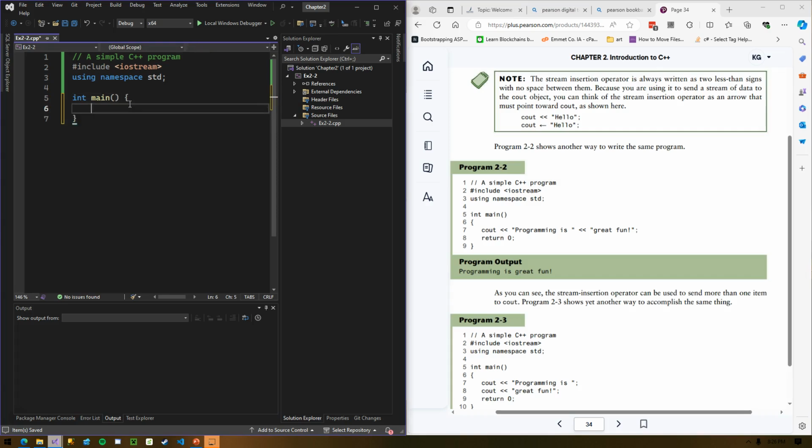A couple words here about code formatting. The examples we've seen so far look like this. The open curly is on its own line. The closing curly is on its own line. All the statements go in between. Totally valid if you want to code this way, where the open curly is on the same line as the function name and the return type.